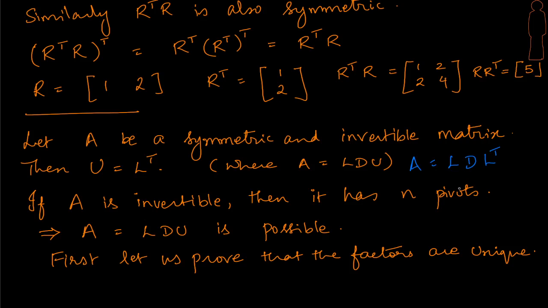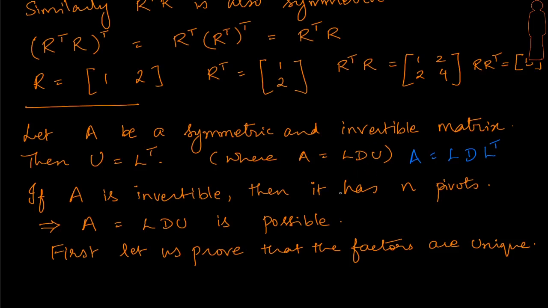But before we do that, we are going to attempt proving an alternate result, which is going to be very helpful in proving this main result. We are going to prove that the factors are unique, which means that if A gets factored into L, D and U, then we don't have any other factors whose combination in this fashion can bring back A, right? We are trying to prove that these factors are unique, and we will try to do this using contradiction.